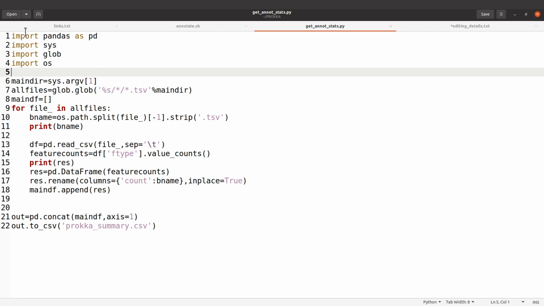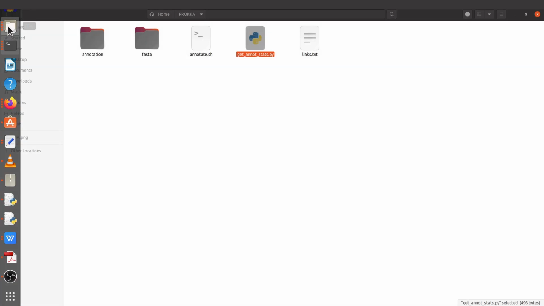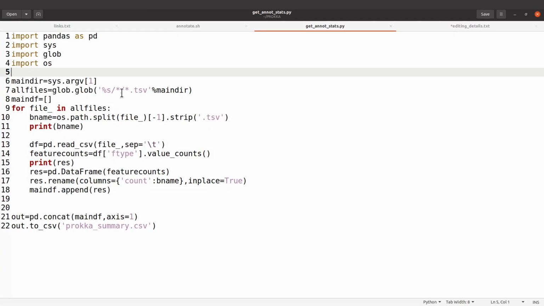We already have a directory, this one here. So that is what we specify on the command line. And after that, the script will take care of the rest, and we will aggregate all the predicted features, the counts,